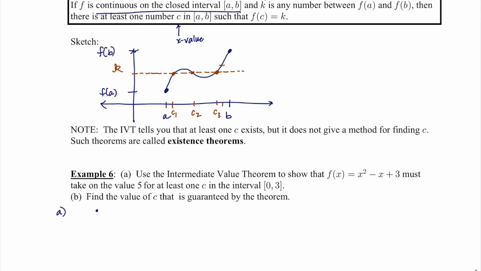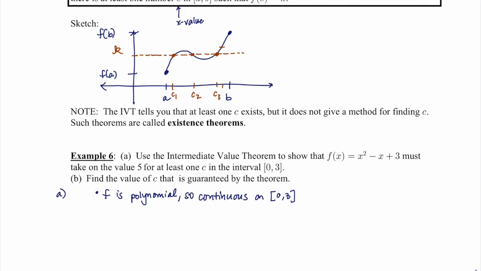that our function is continuous on the interval from 0 to 3, but this function is polynomial. So it's continuous on the whole real line, but certainly continuous on the interval from 0 to 3. Right? And that's all we need to get started with this theorem. But then we also need to say, okay, but then specifically, what y value are you talking about? We're talking about 5. So I need to know,